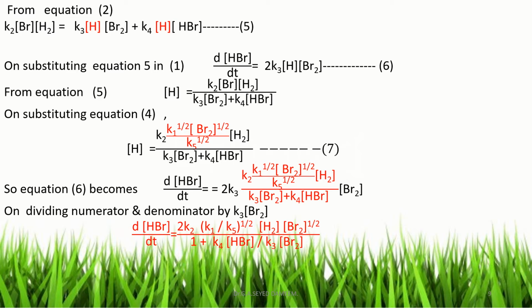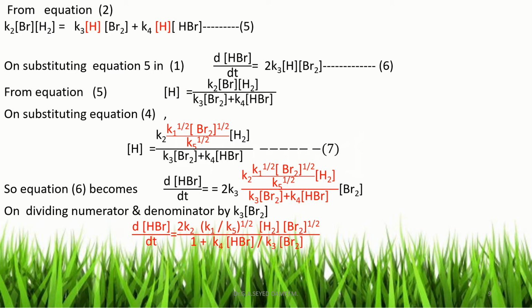So we get the final equation: d[HBr]/dt is equal to 2K2 (K1/K5)^(1/2) [H2][Br2]^(1/2) divided by 1 plus K4[HBr]/K3[Br2]. This is the final rate equation for formation of HBr from H2 and Br2,